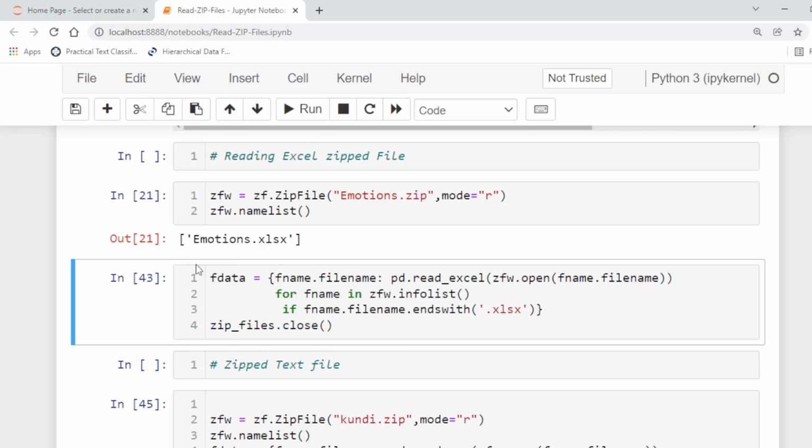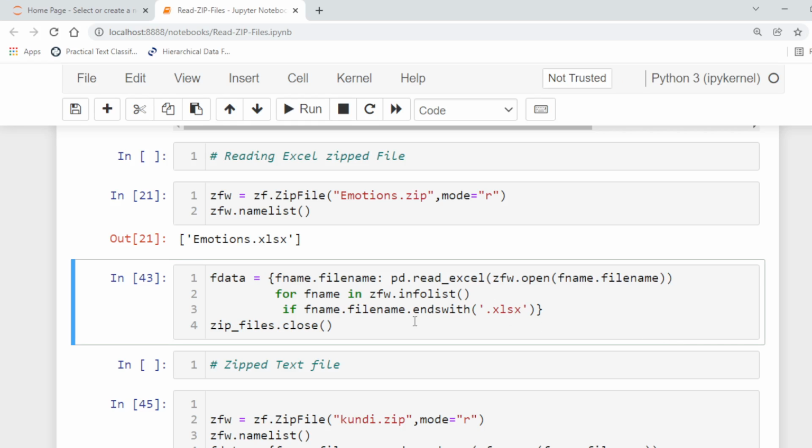There is only a single file in this zip archive, emotions.xlsx. We can read it in the same way, where we will use read_excel instead of read_csv. And we can also check the extension, if the name ends with this. If there are different types of files, you can retrieve the specific files.